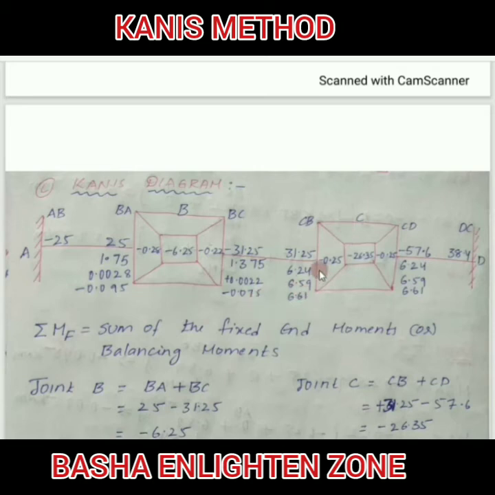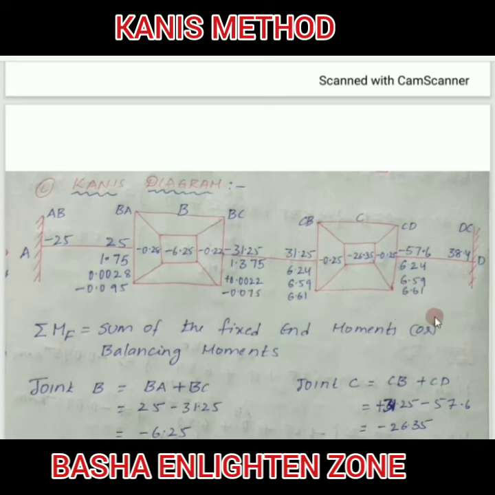Similarly, for CB, minus 0.25 into minus 26.35 plus whatever you obtain as the recent rotation moment. You will consider that one as the foreign rotation moment for CB. That one will be minus 0.075 plus this 0. Then simplify this one, you will get 6.61. Similarly, for CD, you will get minus 0.25 into minus 26.35 plus the foreign rotation moment, or 0, plus this minus 0.075. Then simplifying this one, you will get 6.61.